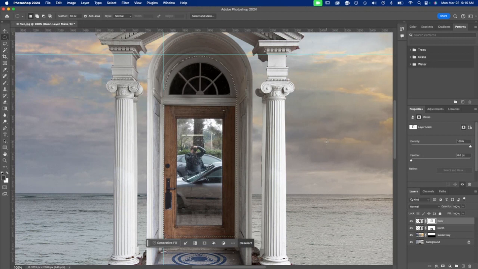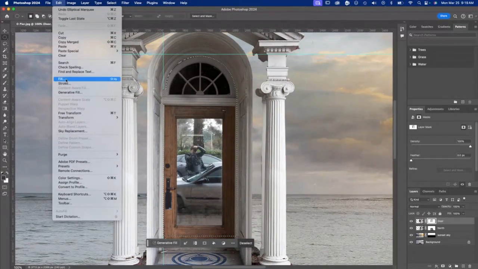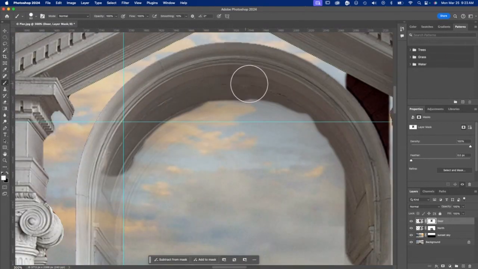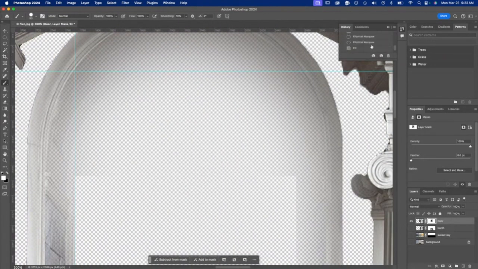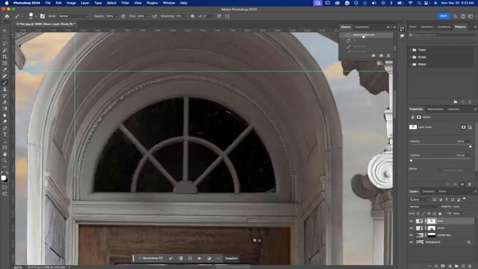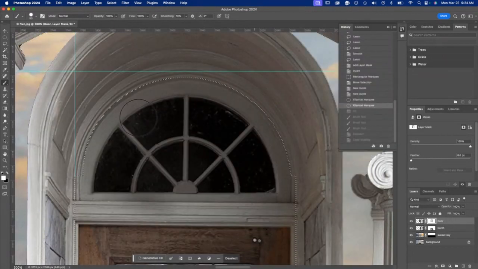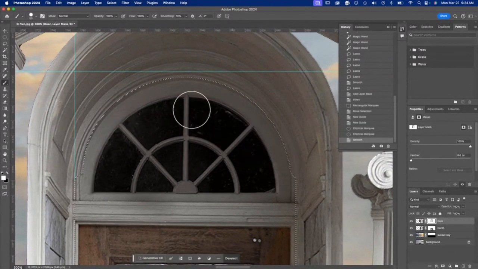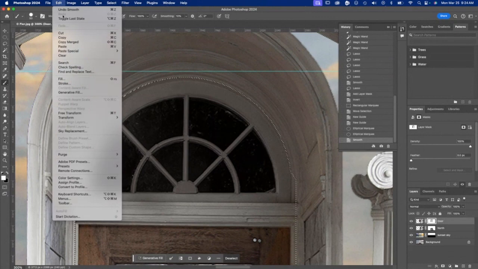Now that I have the door selected, I'm going to fill it with black, the foreground color in the mask, in order to hide that door in the arch. So again, my foreground color is black, and I can choose edit, fill. That's more work than I want it to be. So what I'm actually going to do is come right back here. I've used my history tool to come back to where I just finished my elliptical marquee, right? Let's smooth it one more time. That line looks a little better now. Now, when I choose edit and fill,